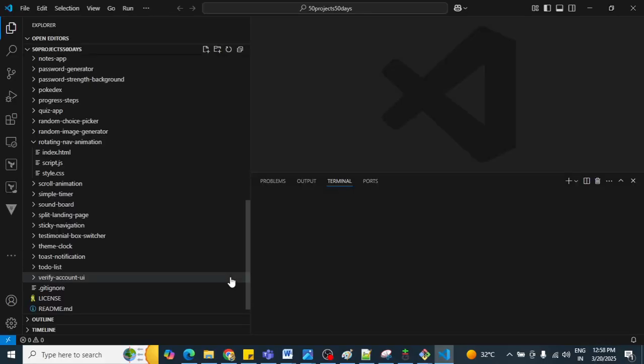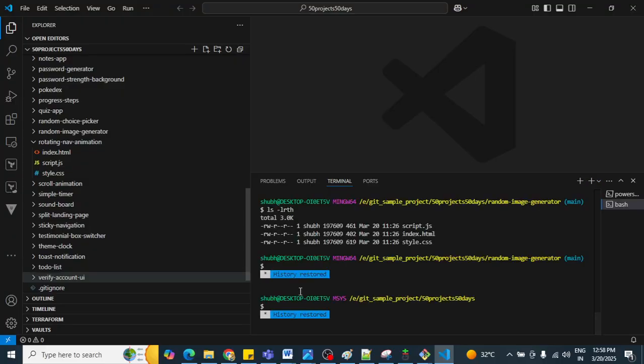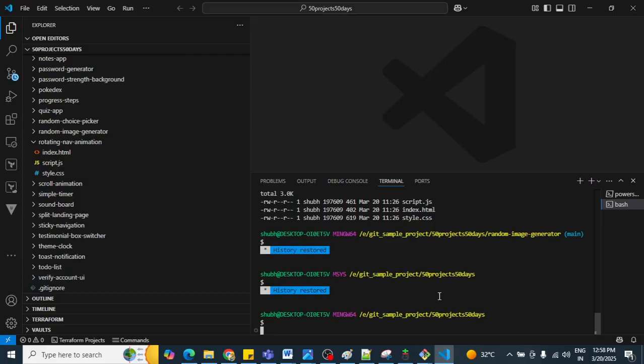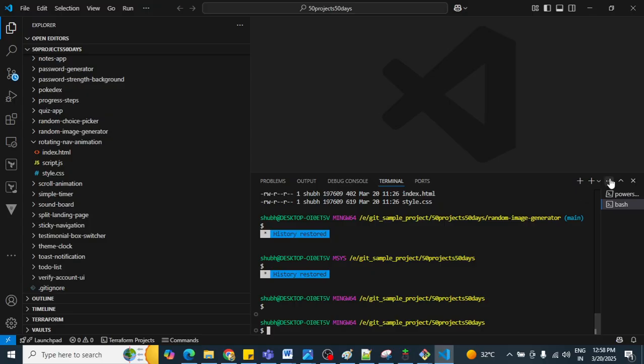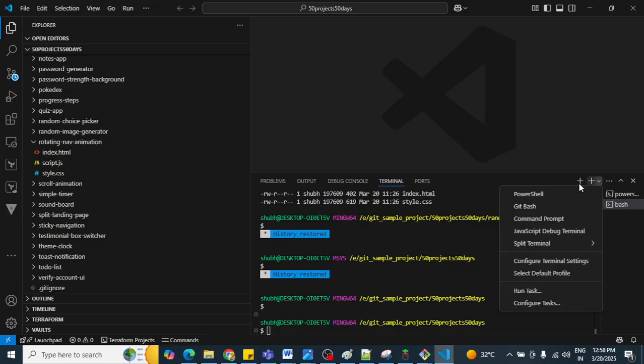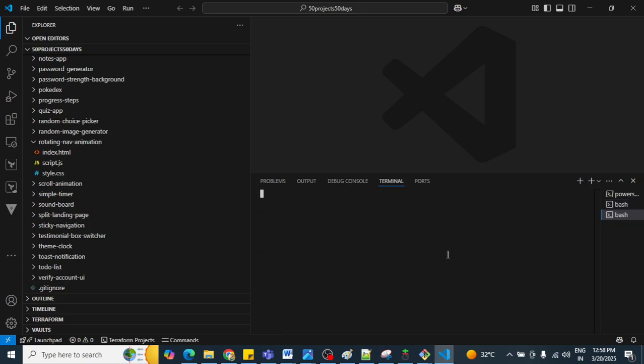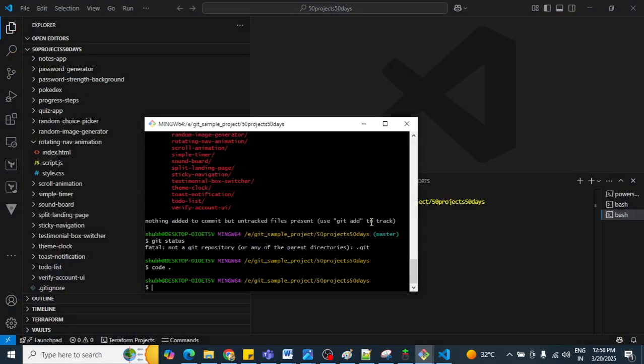Yes, now it is open. Click here and you will see the Git Bash shell prompt. You can execute your commands from here also. Both are ways to execute your Git commands.